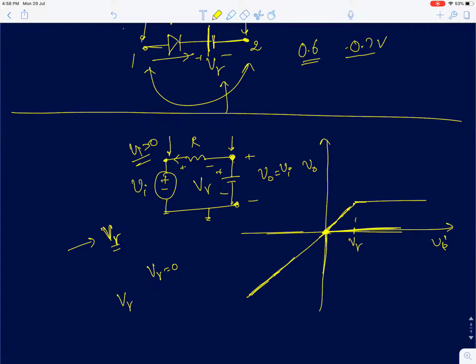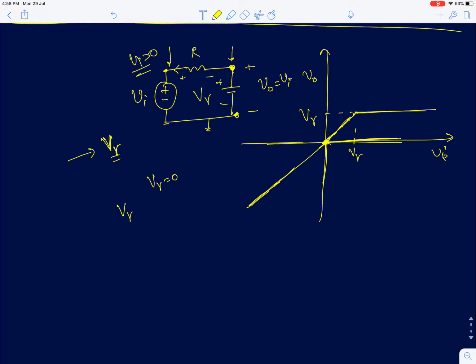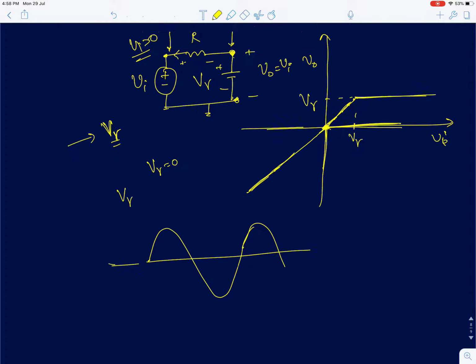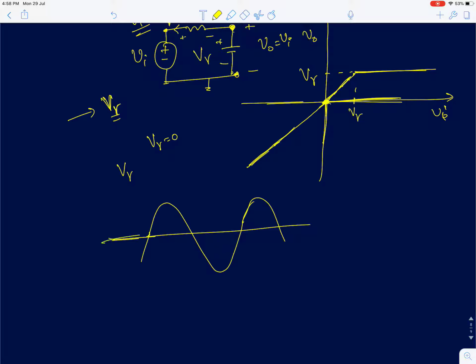So in that case, the output voltage will always remain constant, whose value is V gamma. Okay. So meaning, if, let's say for example, your input is a sinusoid, I am feeding a sinusoidal input to the circuit, what you will get is that in the negative half cycle, the output of this circuit is going to be